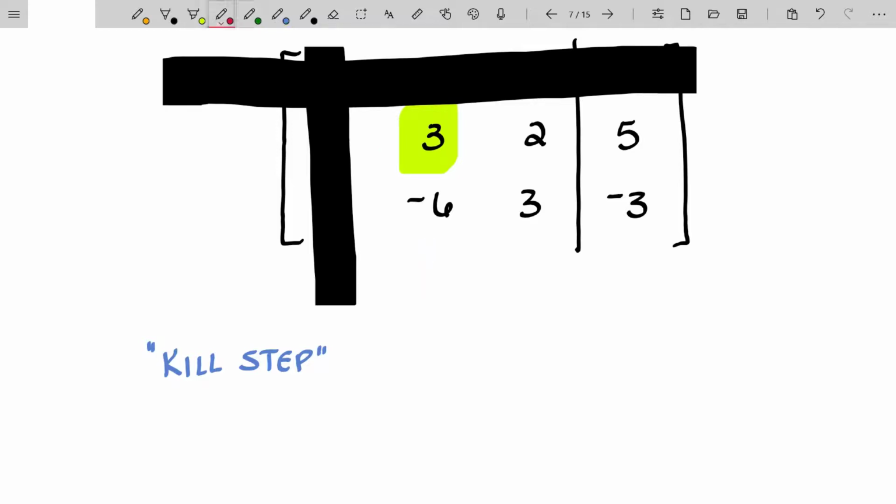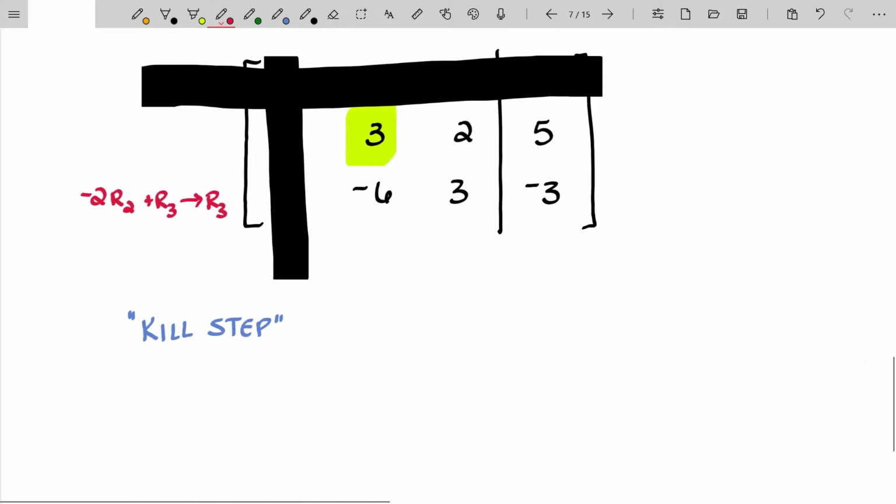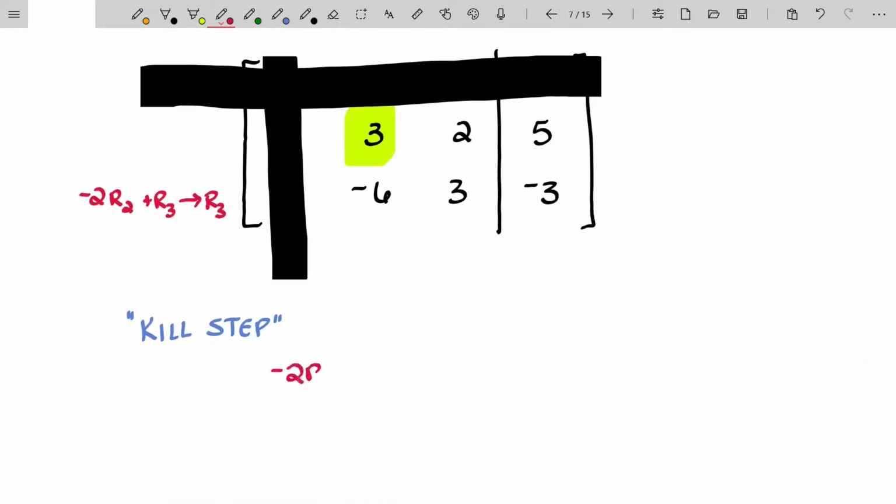So in this step, I'm going to take a -2 times row 2, because this is technically row 2 still. I'll take negative twice row 2, and I will add it to row 3 to become the new row 3. Let's see what that looks like. A -2 row 2 is going to give me -6, -4, and -10. And row 3,